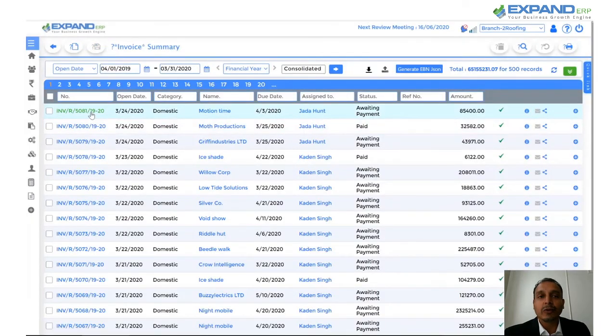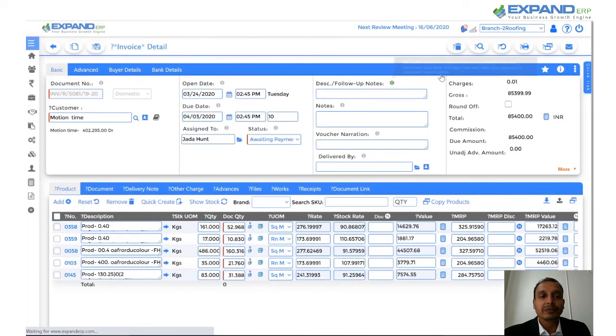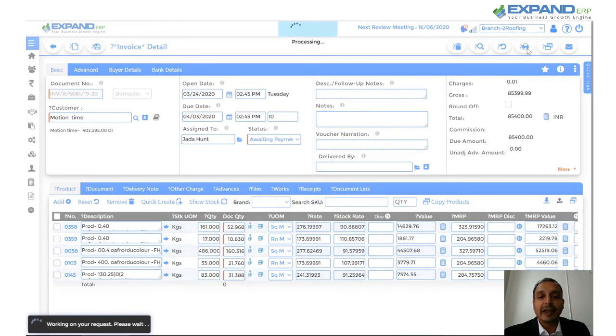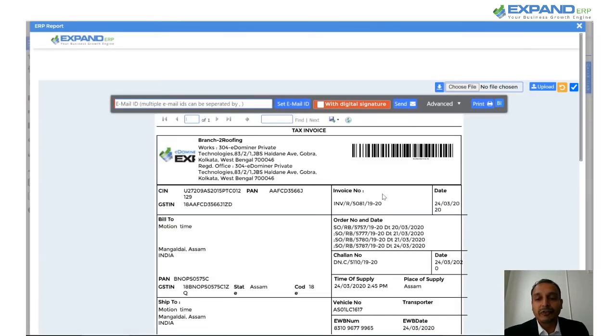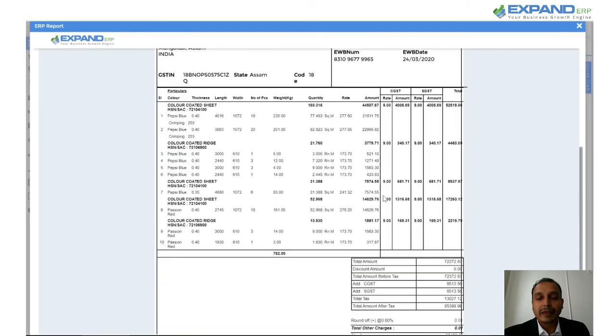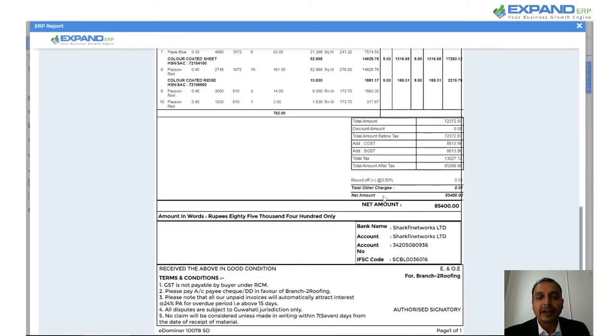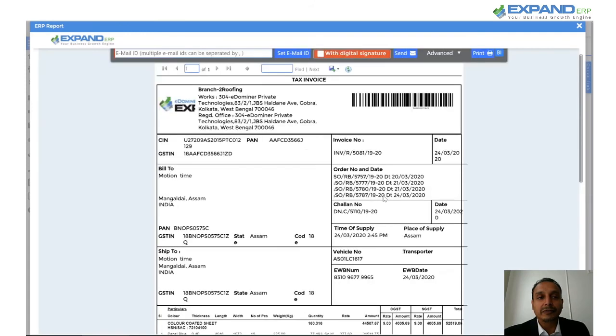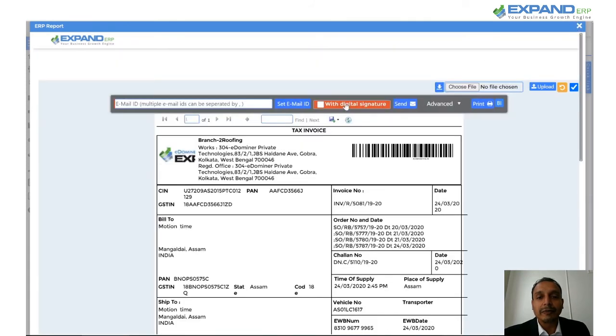If I click an invoice, when it comes to reporting, it is very easy to use. I can simply click on the invoice and I will get to view the details of the invoice in complete form. This is how a very professional and standard invoice looks, and it is all available on a click. The document can be exported to Excel, to PDF, or to Word.